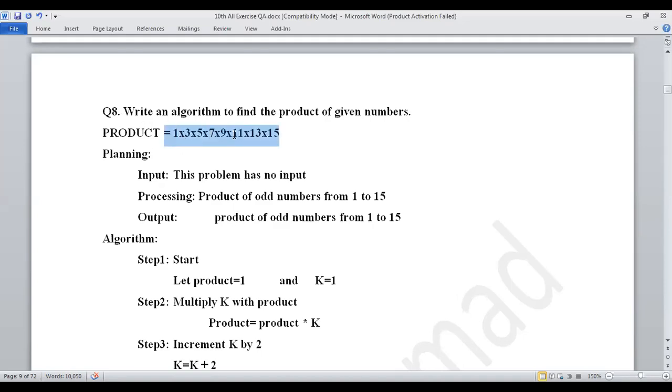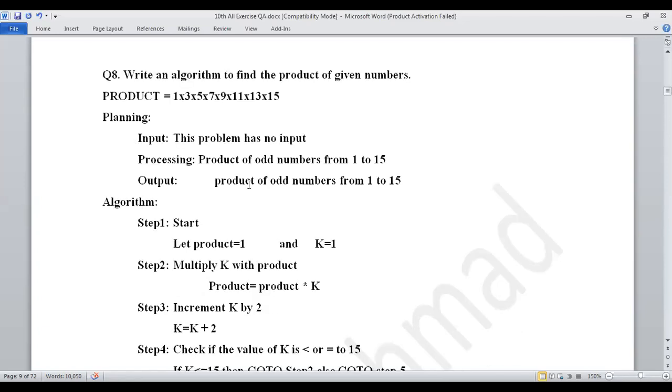I know all the algorithms are over there, and the flow charts are also drawn on the following pages. You can see them, but first of all, try yourself. Don't watch the flow chart in your books. Try yourself, then check your answer according to the book. So over here, your chapter number 1 is finished. We have to close this chapter.